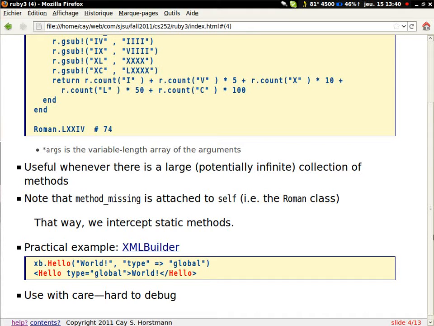But it's a poster child for this very open-ended nature, because hello was just this one tag that I invented. It could be any tag, right? There's not a finite number of tags. That's why I say it's not just HTML. So for an HTML builder, you could simply supply a fixed set of methods, one for each HTML tag. But if you want to do an XML builder, it's completely open-ended, and so something like this would be done with method_missing. Now, you don't want to do it unless you have to, because it's very hard to debug.